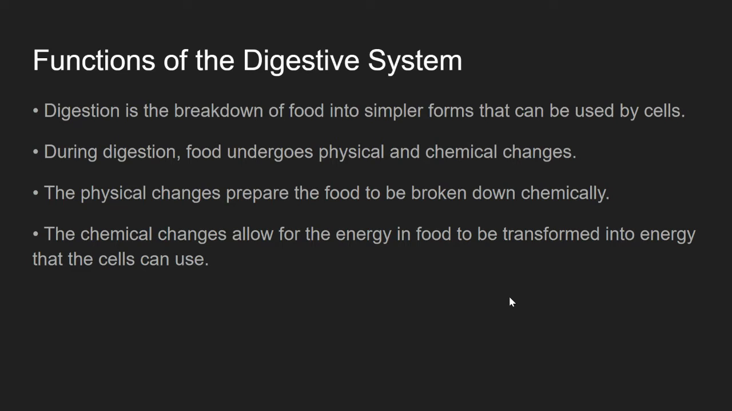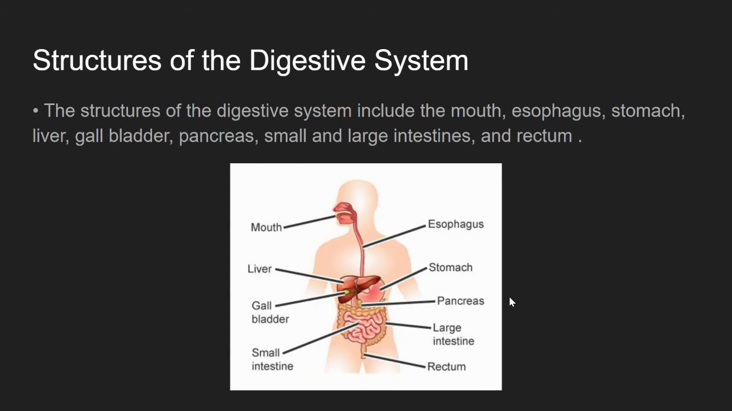During digestion, food undergoes physical and chemical changes. The physical changes prepare the food to be broken down chemically. The chemical changes allow for the energy in food to be transformed into energy that the cells can use. Now, the structures of the digestive system include the mouth, esophagus, stomach, liver, gallbladder, pancreas, small and large intestines, and